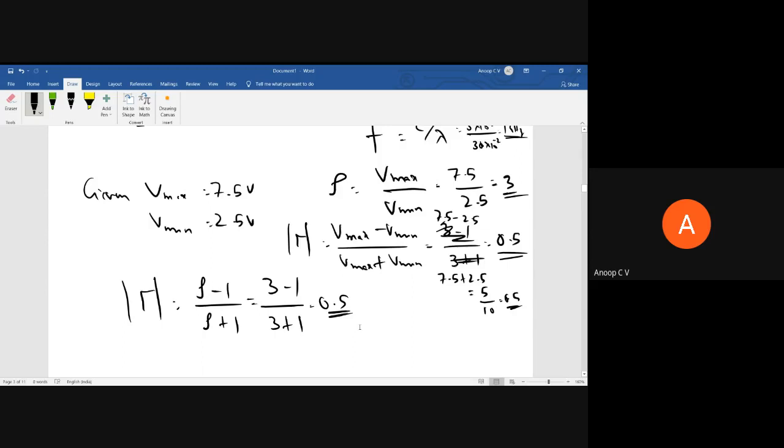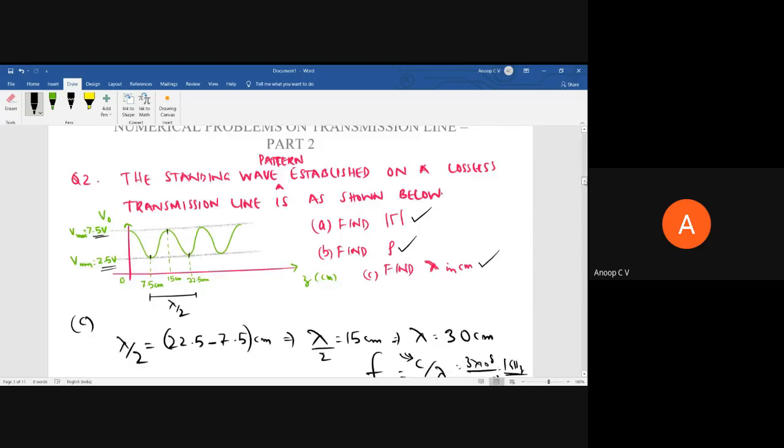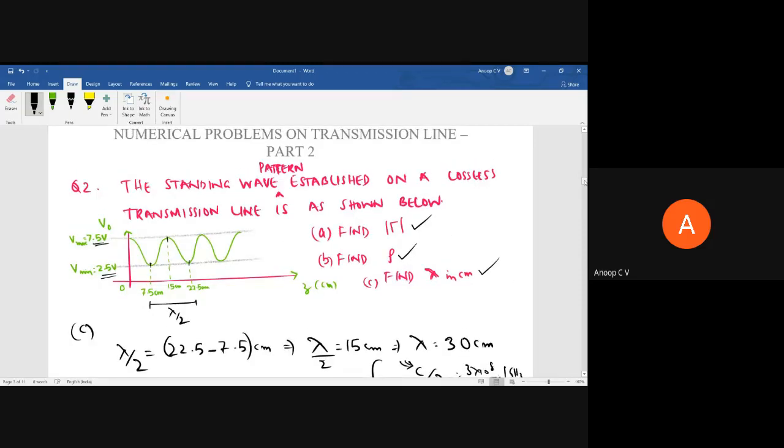Right. So this is what you will do in lab. This particular problem is about the calculation which you will be doing in your laboratory experiment, that is the reflex klystron experiment. Apart from that, I should discuss something about cutoff frequency and all. That I'll discuss when I discuss reflex klystron.